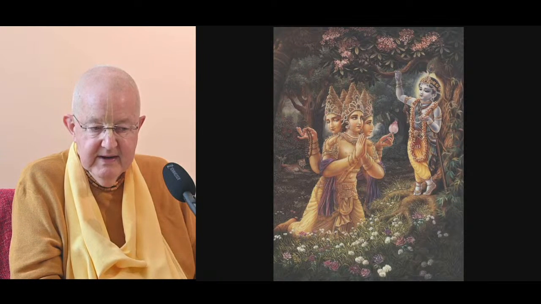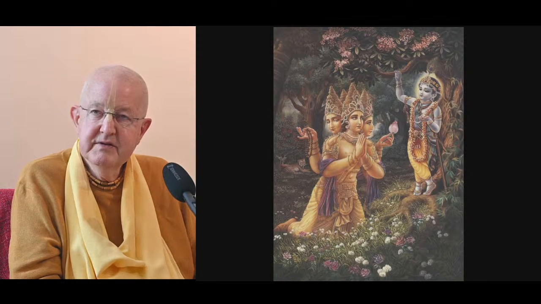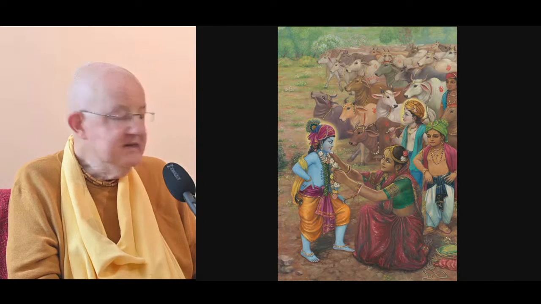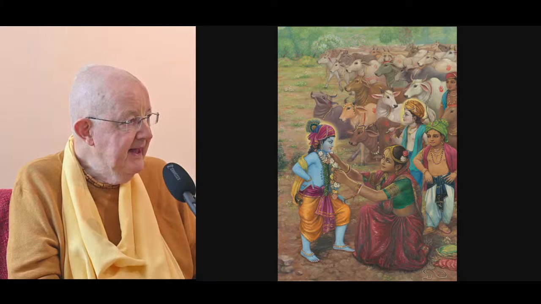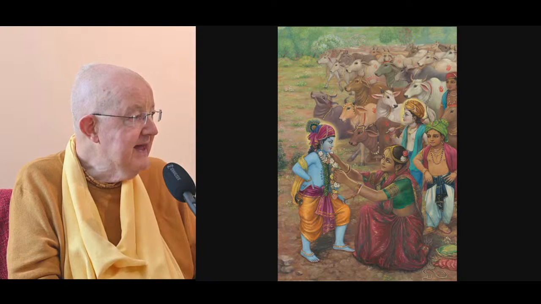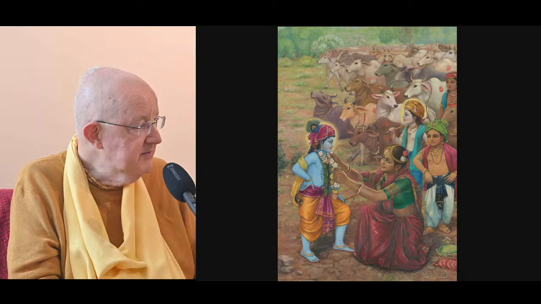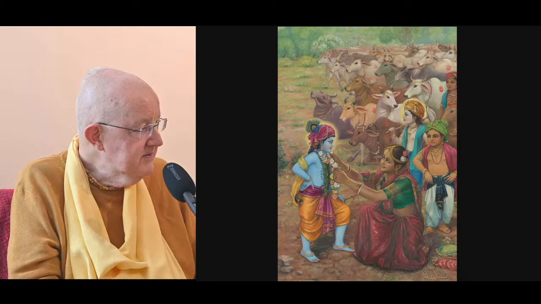So what I'm going to narrate this evening is Canto 10, chapter 12. For the first 10, 12 verses, it describes what happens when Krishna is just 5 years old, and his activity is taking care of the calves, because he's just 5, so he isn't given cows yet. This is Balaram with the plow over his shoulder. This is one of his cowherd boy friends, and this is Mother Jasoda.